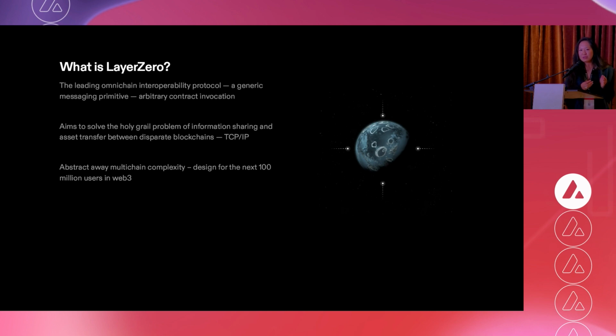Like how quickly can you go from starting in the application to actually accessing the value that you were promised when you began? We all know that onboarding in crypto is really difficult, but then what about once you've onboarded, you have your wallet and you want to lend on one chain and borrow on another? We're in the early innings of how you design that, and LayerZero is the infrastructure that developers can use to